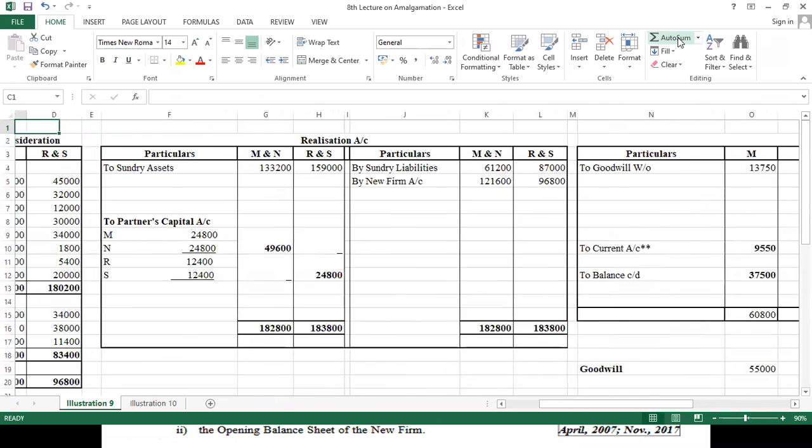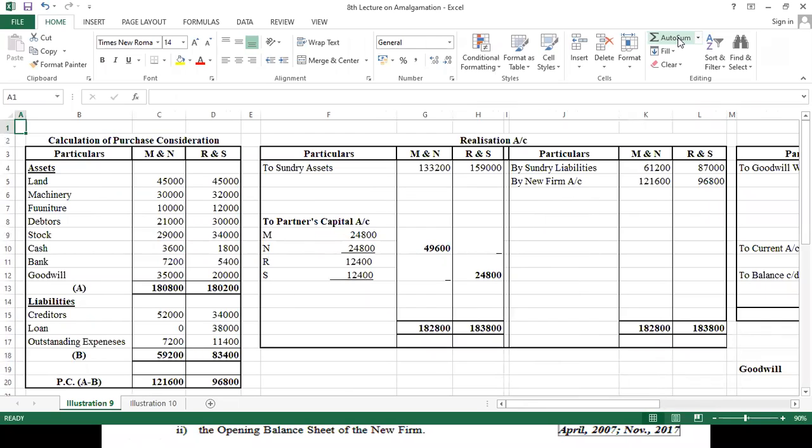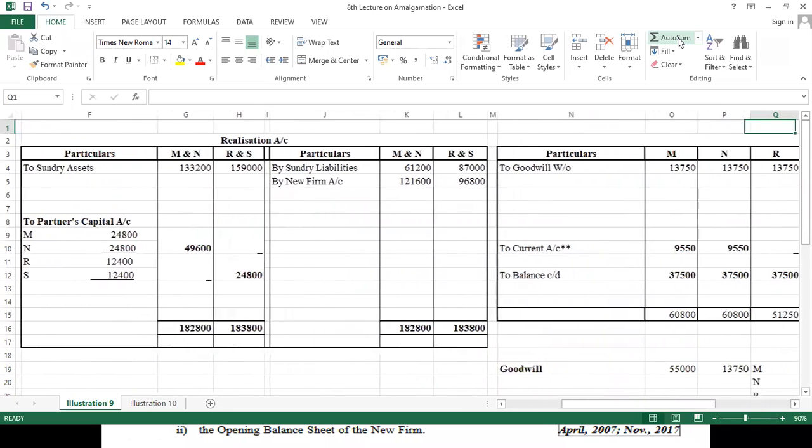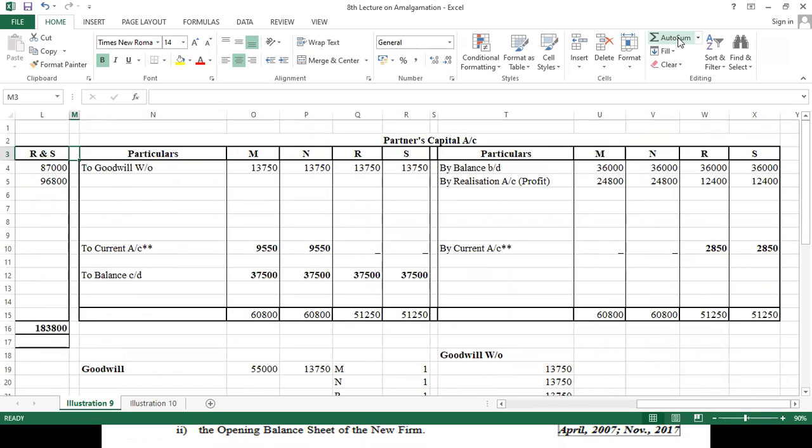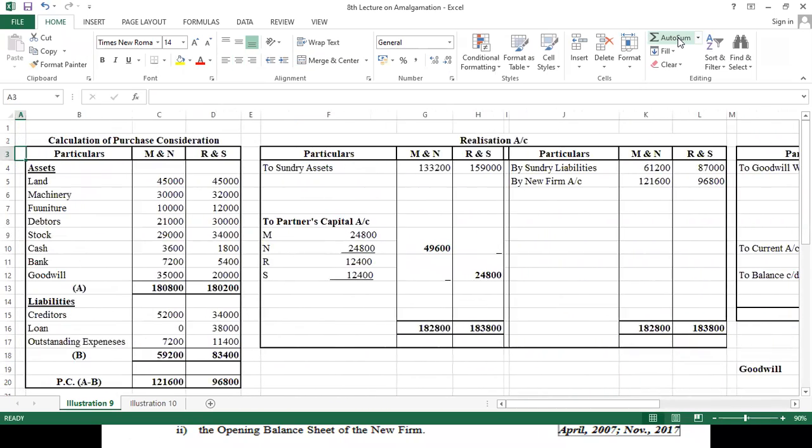So I don't feel that there is any problem. Only there was a trick: whatever the difference in the partners capital account is to be transferred or settled through current account. So we created current account and with the help of current account we settled their partners capital account, and found out the differences. Okay, so this was the only thing. And how to write off goodwill, that point I think we have already done in one problem. So this concept is not new for you. Only the new concept was current account. I hope this problem is clear to all of you.